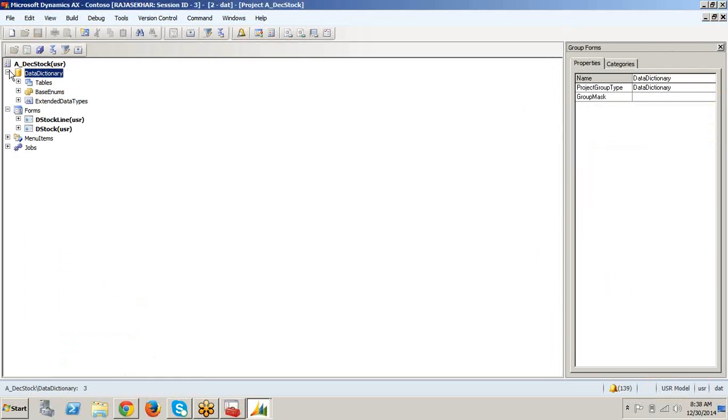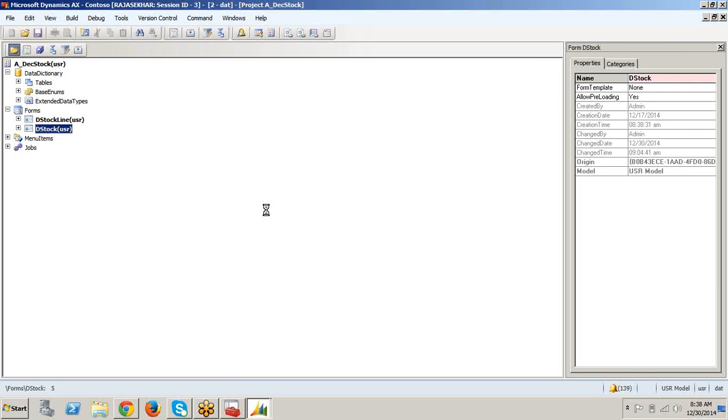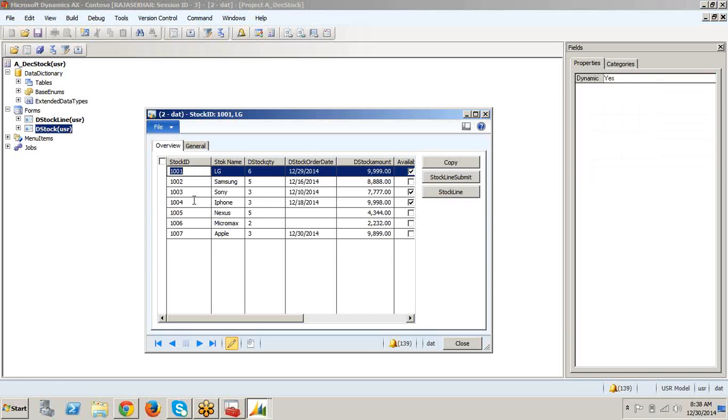So today we'll see one concept, that is number sequences. Number sequence means, suppose I open this form and press Control N, I want a new custom number to be generated in the stock ID. It may have alphabets or not, it may be preceded or followed by my company name. I want to create my custom number, so we will create a number sequence, so that when you press Control N to create a new record, that sequence of numbers will be generated in the stock ID automatically.